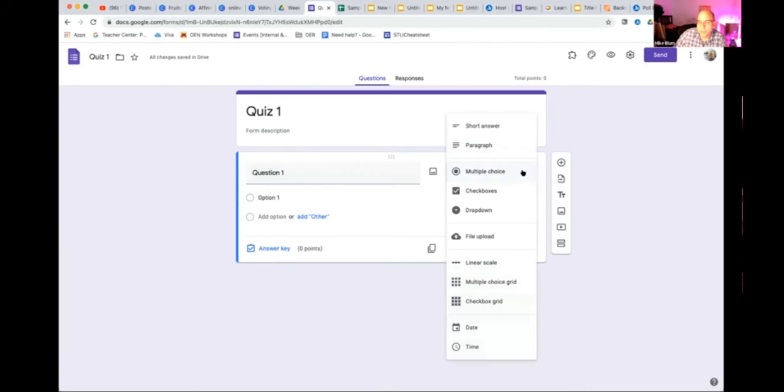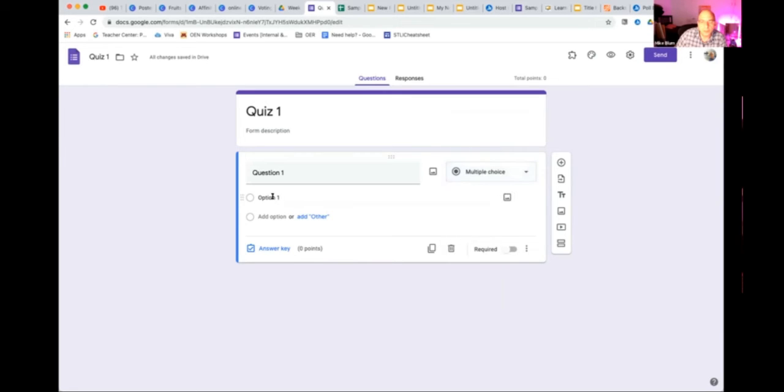I can have it be a multiple choice, short answer, paragraph, check boxes, drop down, file upload, which is nice if you wanted students to be able to upload, you know, an essay or something like that, linear scale, multiple choice grid, checkbox grid, or date or time. I don't know how any of those would work, but most of the time you probably want to choose multiple choice. So I'll choose multiple choice, and now I can just say question 1, wrong answer,